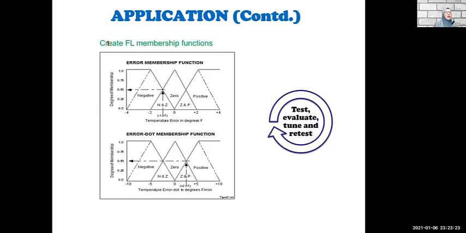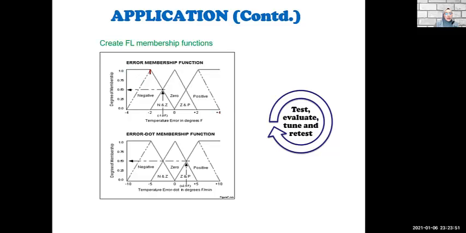So now create the fuzzy logic membership function for this temperature controller. We have a degree of membership from 0 to 1. We have the temperature error. You set from -4 to 0, and then positive to +4.